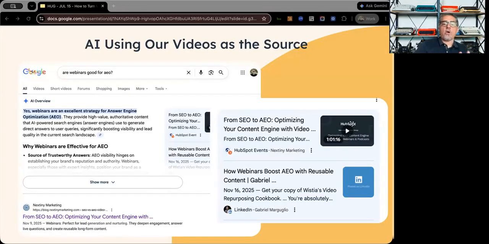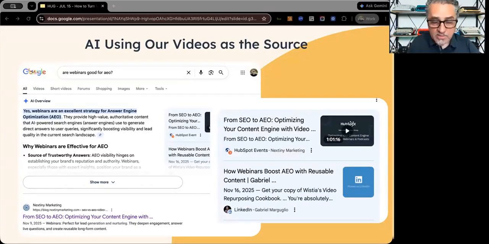If you haven't seen this before, go Google things, check the Google AI overview. Google AI overviews is one of my best tools, one of my favorite tools to test if we're doing things right, because it's the fastest AI model. It's showing up immediately. You post something on Reddit, it becomes part of the answer the next day. Sometimes in hours, I post a YouTube video and the YouTube video becomes the trusted source for AI models on Google AI overviews. And then over time, you see it showcased on Perplexity, Gemini, and ChatGPT.